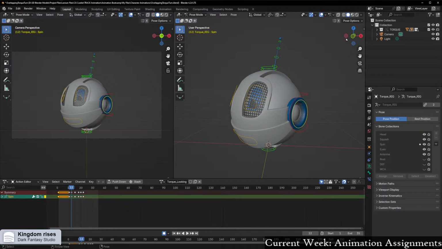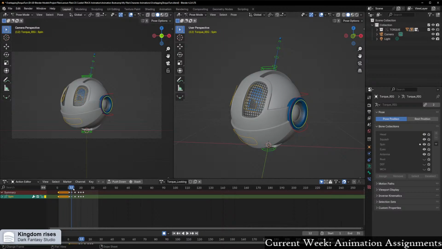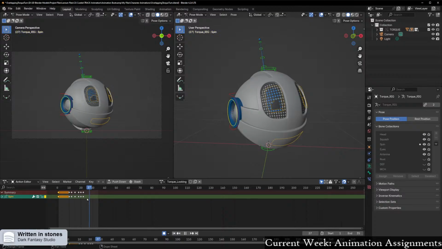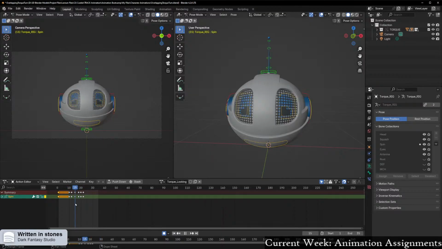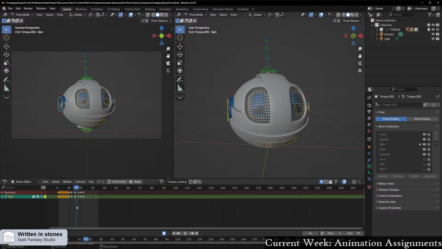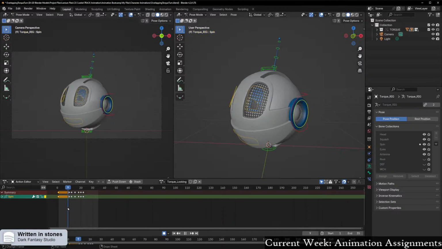So, I think I did the rotation on this, right? Yeah, I did the rotation on that. So, we've got movement into squash and stretch. I probably do the eyes next. I sort of want to say... Oh, actually, do I want to do the mouth first? Because that's more... Like, the mouth moves more than the eyes do, I think, in this case. So maybe I just want to have, like, a... Nah, same thing. Well, I mean,